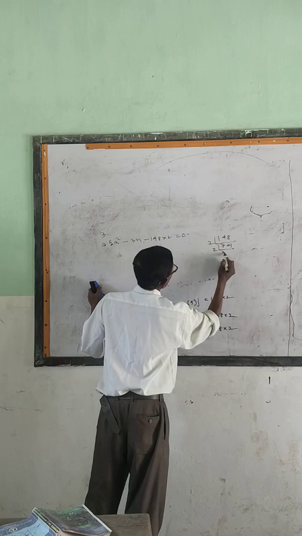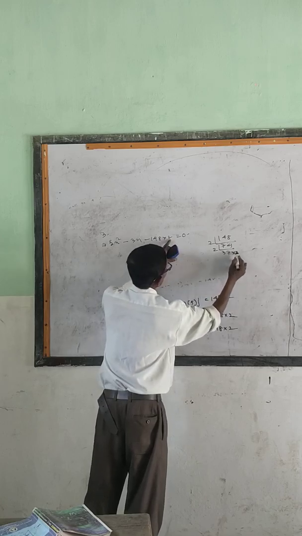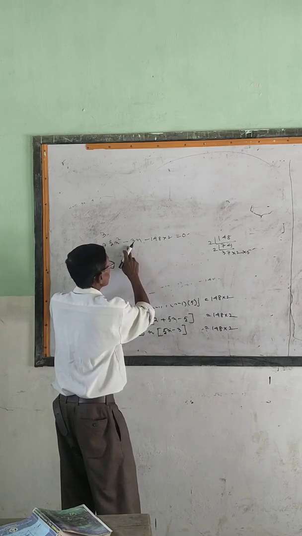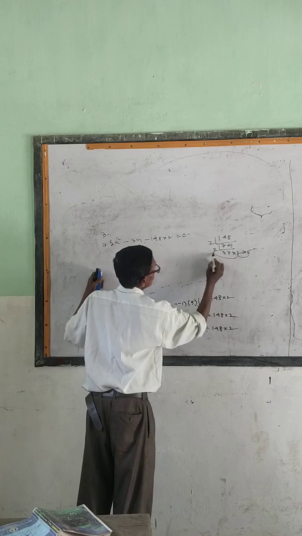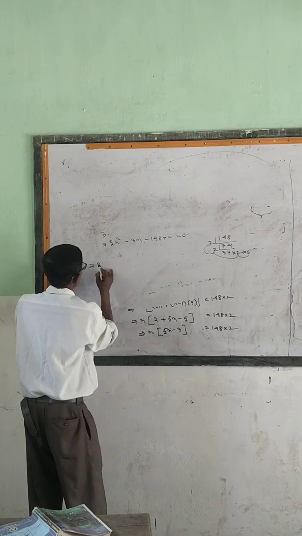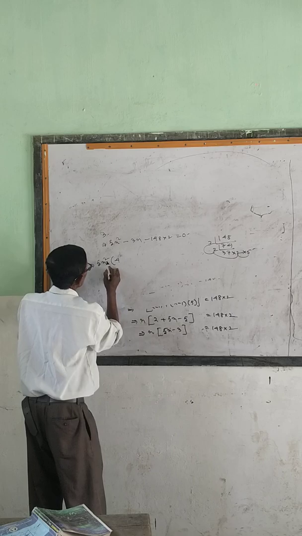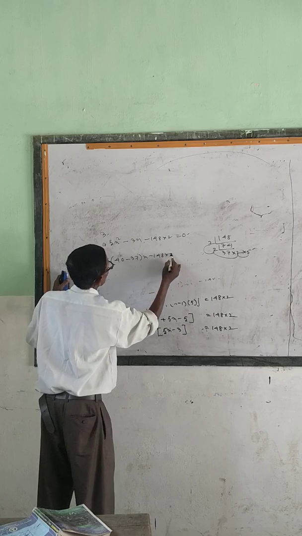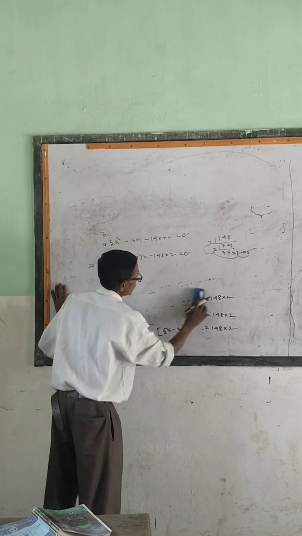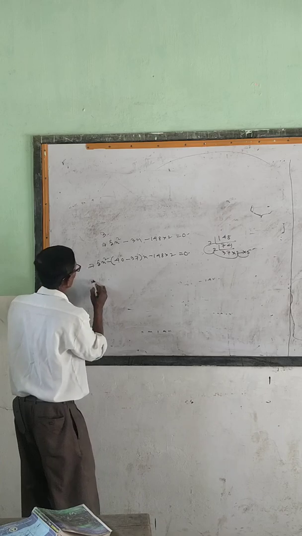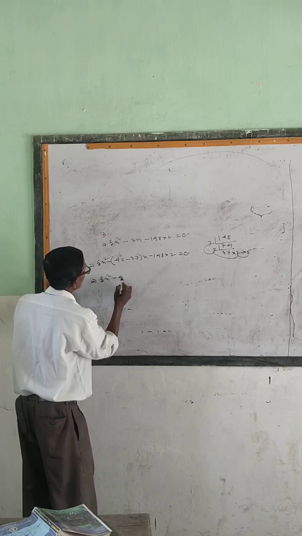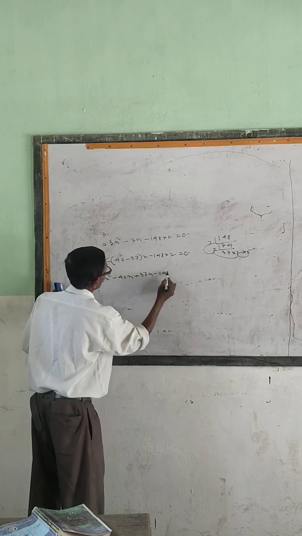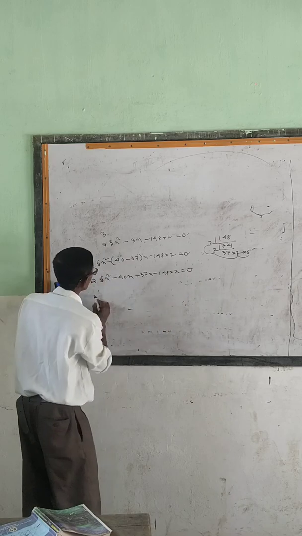274, 237. Let us keep this 2. Let us keep this 5. If here is minus, after subtraction we must get 3. 5 tens are 50, 20, 40 minus 37. 5n squared minus 40n minus 37n minus 148 into 2 equal to 0. That means 5n squared minus 40n plus 37n minus 148 equal to 0.